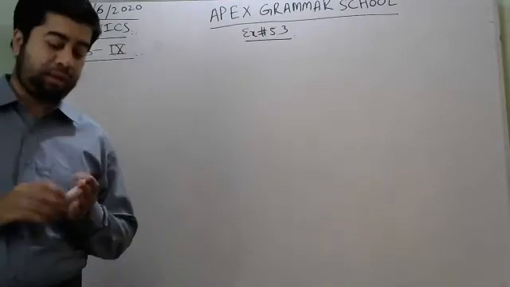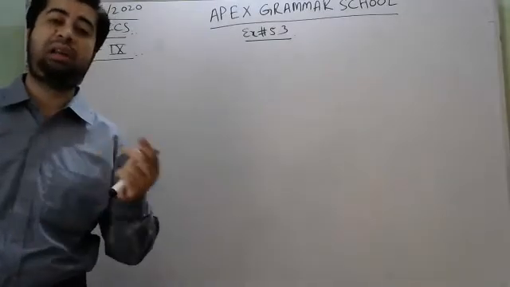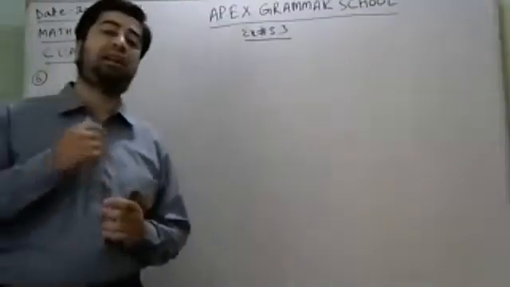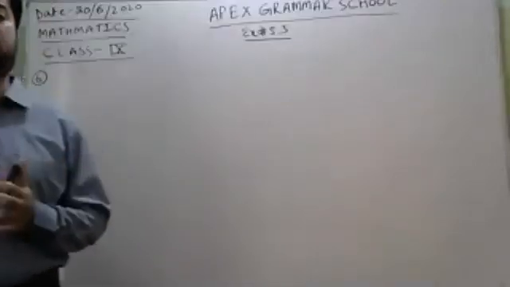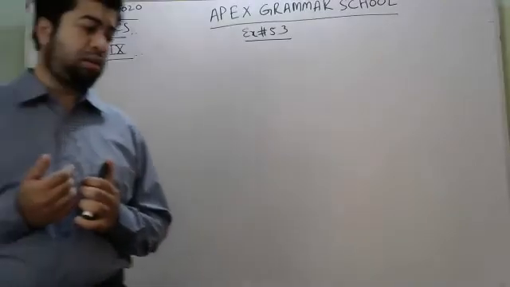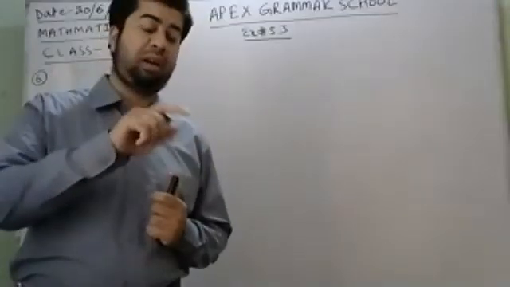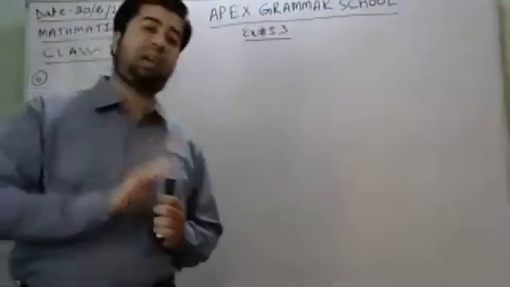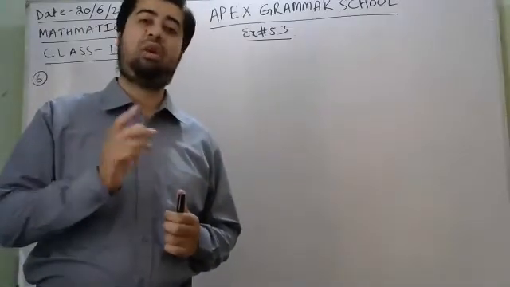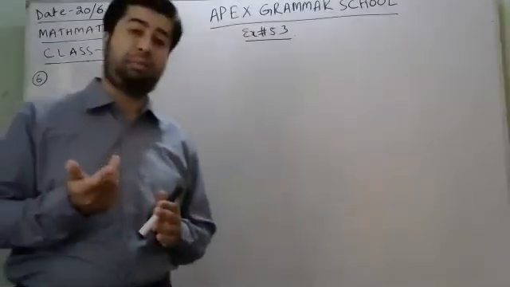Remember always that if any number is going to divide any other number, or any factor is going to divide any other factor, if any polynomial is going to divide any linear expression, then if its remainder is 0, it is totally a factor of that number. If it is not a factor of that number, then its remainder will be some nonzero number.